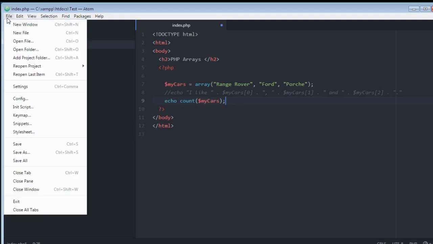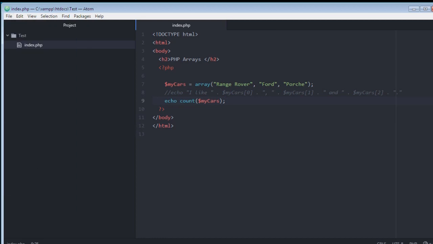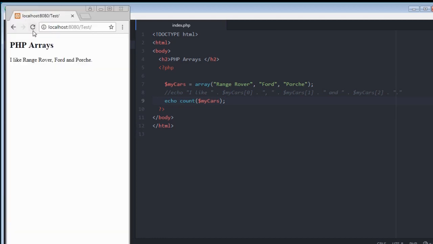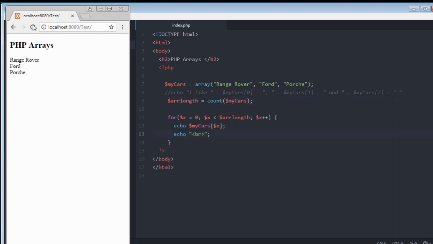So if I save that and refresh my browser, it should give me the count. You can see it's giving me a count of 3 because I've got 3 elements in my array. You can also